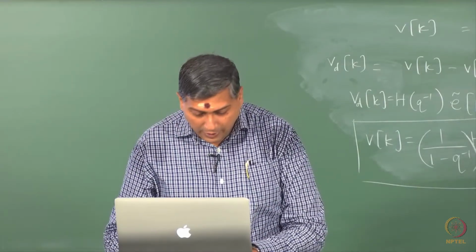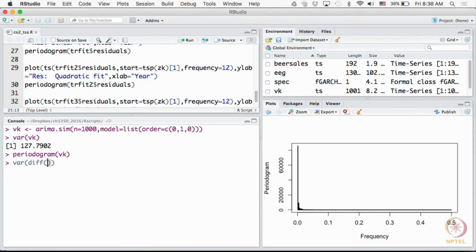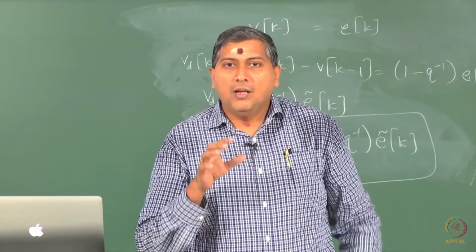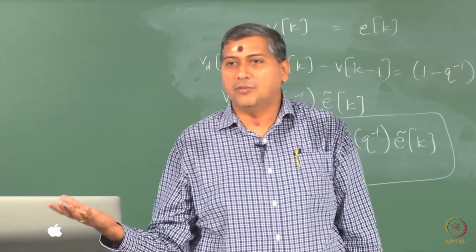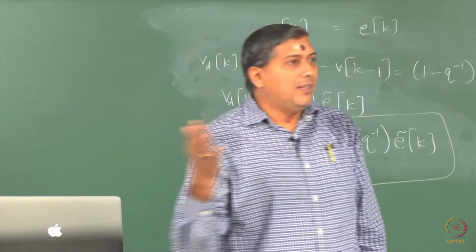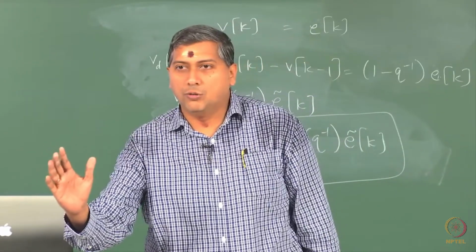Now, if I look at the sample variance of the differenced series, what do you expect? Do you expect it to shoot up or come down? Right, drastically it should come down, because what have you done by differencing? That is why the filtering perspective is just beautiful, and I am slowly sowing the seeds for frequency domain. So, we have already argued that differencing operation is a high pass filtering operation. That means it allows only the high frequencies to go through.